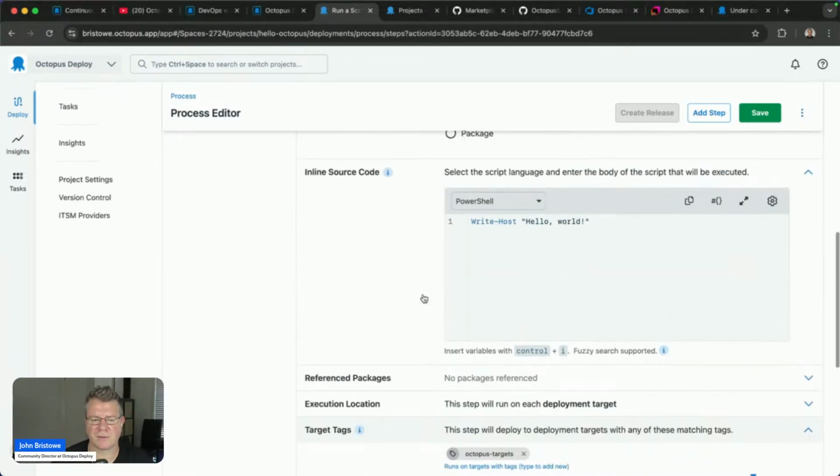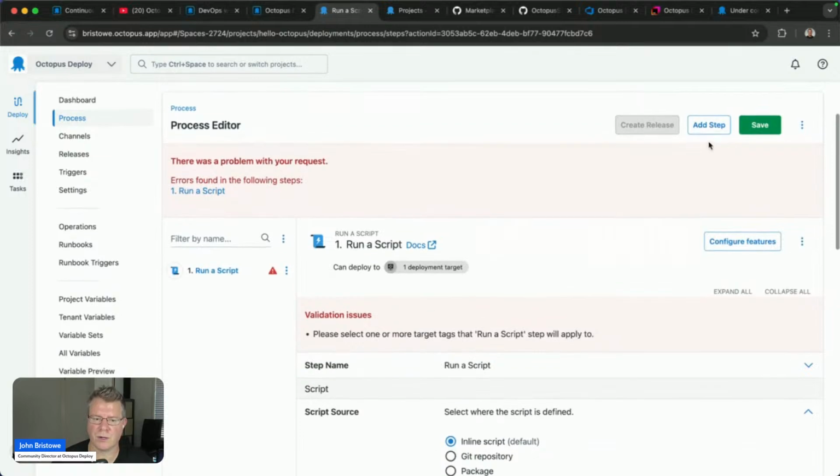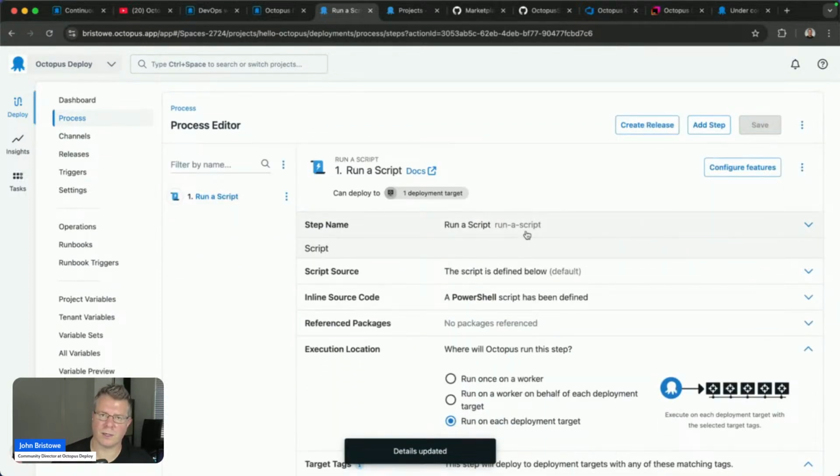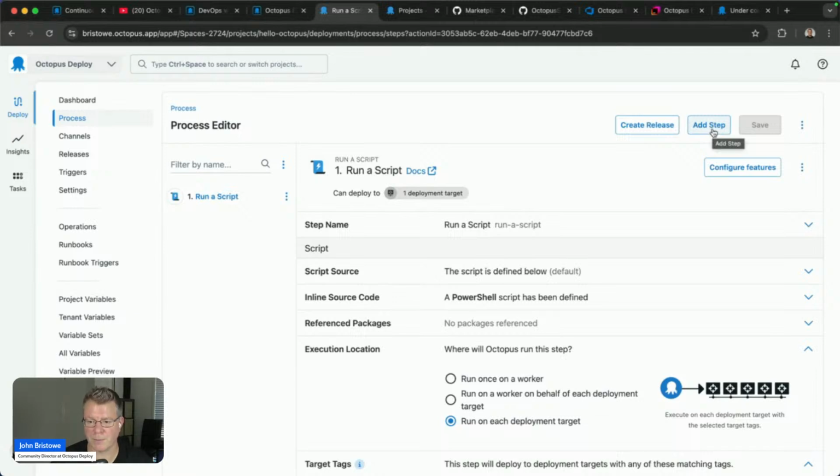So if I need to specify that, for example, through validation, we will go ahead and validate that based on what type of step you have. And we have validation scripts for each one as well. So it's gone ahead and told me, yes, all good to go on that. Now I can add other steps as well. So there's a bunch of options here that I can specify if I want, but you can see here I've defined this. Let's go ahead and now create a release.